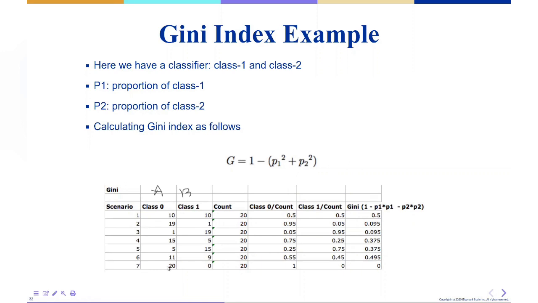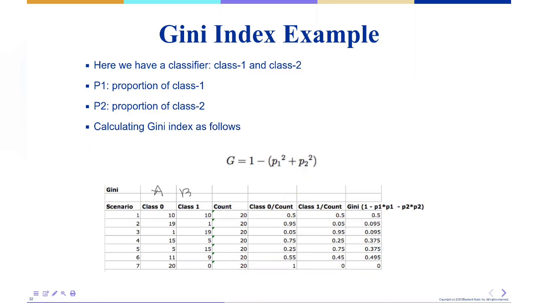Look at the last scenario. I'm landing on a node that's all A's, 20 A's and 0 B's. So if I'm there, I can predict, yes, I must be A, because everything in this node is A. Plug into the formula, and the Gini index is 0. So we are striving to get a Gini index of 0, but that may not always happen. Sometimes, like in my scenario 2, it's not exactly 0. I have 1 B polluting the bin, but still I can predict this is A. Does that make sense? Okay, so these are two scores we use, one for classification, and one for